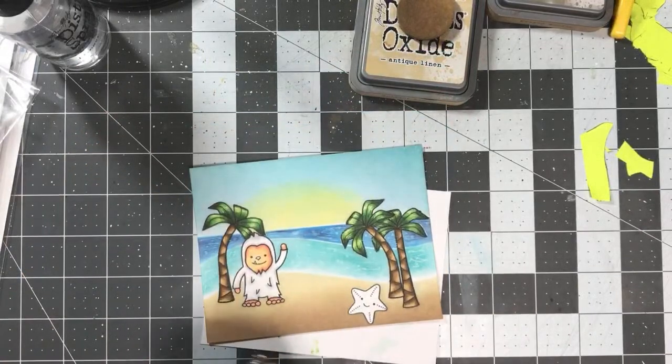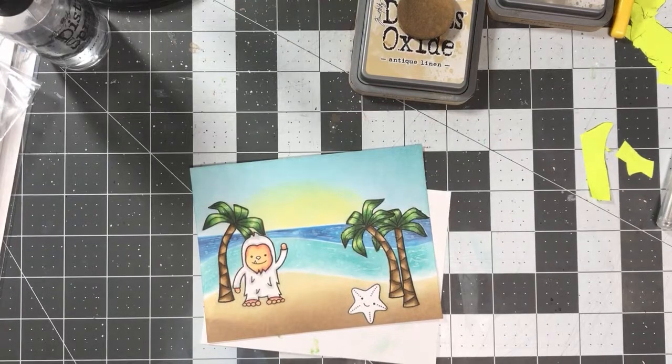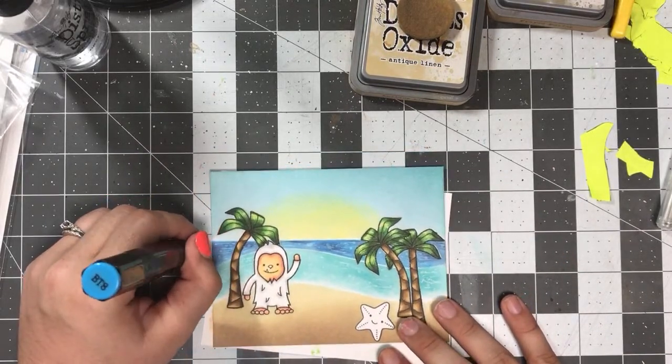Okay, so let's go ahead and color in our starfish. So Brody said blue and green. Let's do our turquoise combo. So let's do BT8 for our dark color. Let's see. Whereas I have BT9, BT6, oh, BT8, there it is, I think, yes. Okay, so BT8, and then let's do,